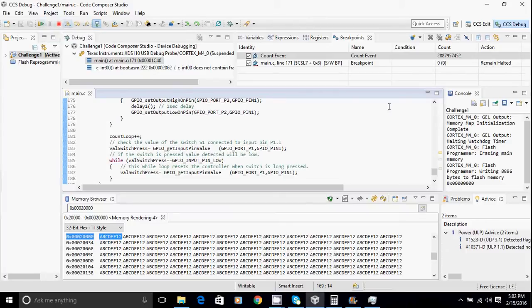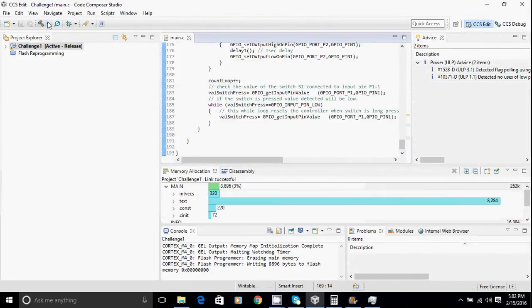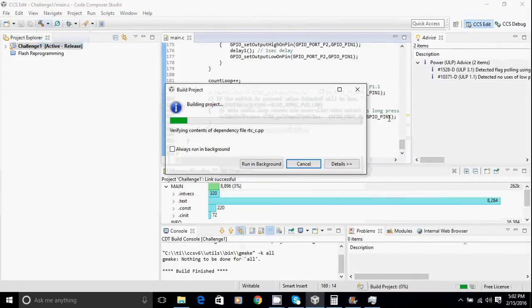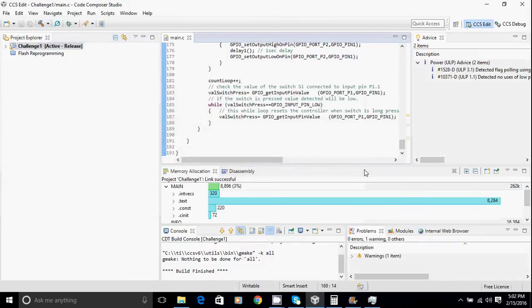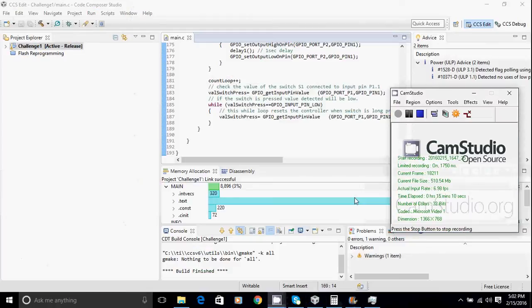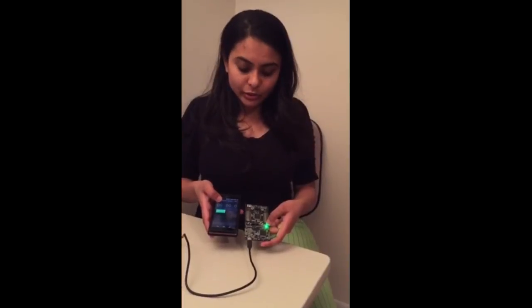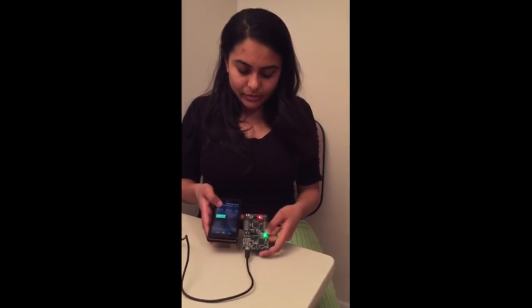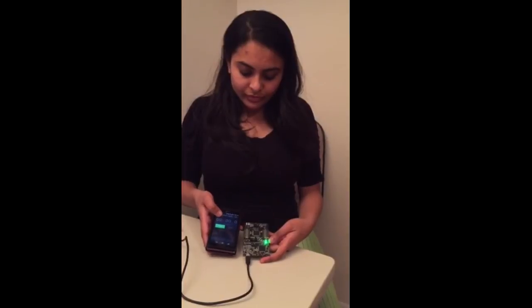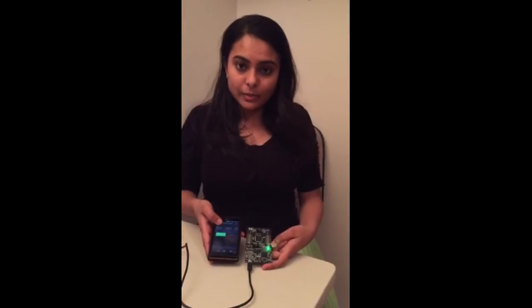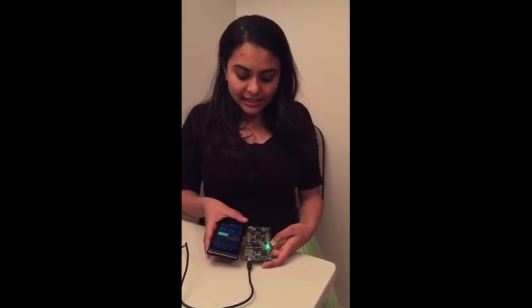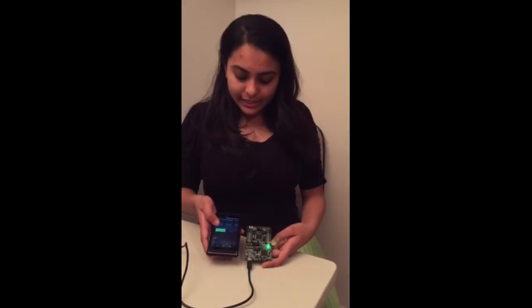Now, I shall stop the debug mode and I will burn the program to my device and demo the reset functionality on the device. I have burned the code to my board now. I will start the execution. That was the initial red light. Now we will have to wait for the 58 seconds to pass so that flash reprograms and this green LED comes up for 1 second.